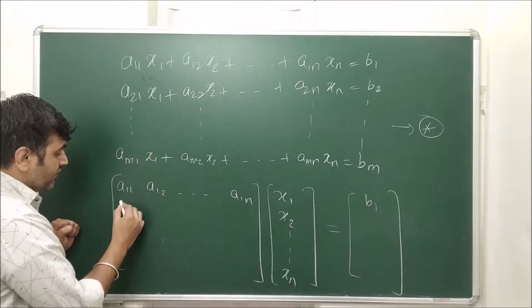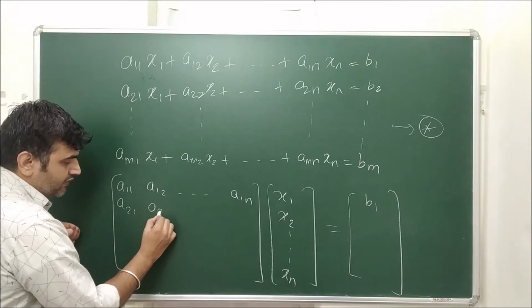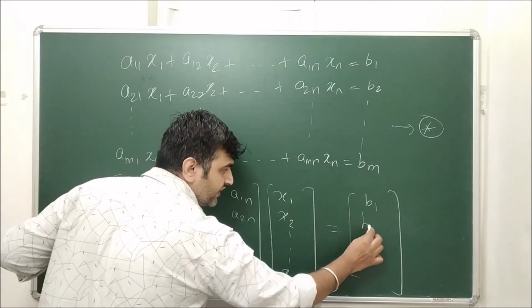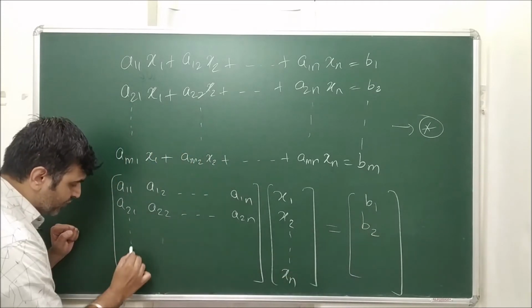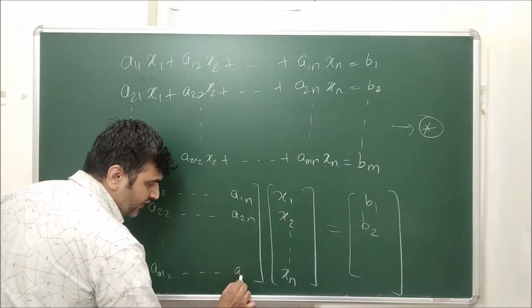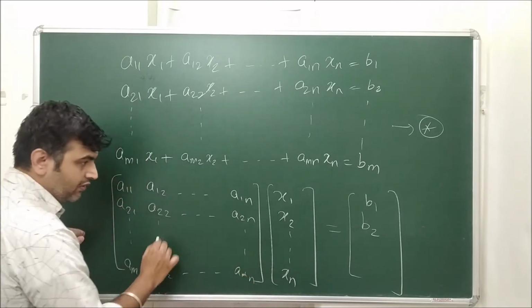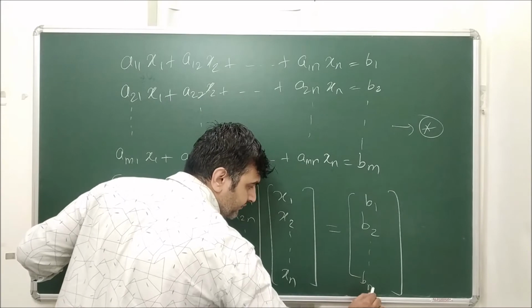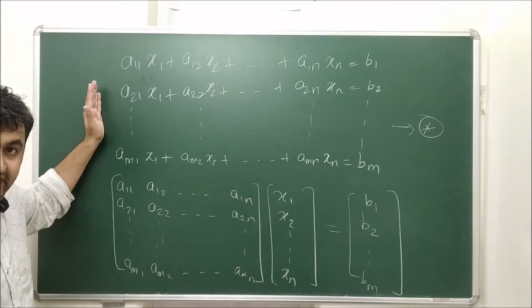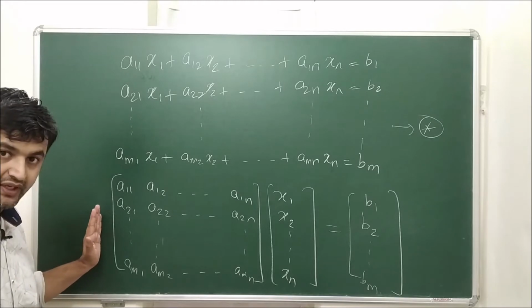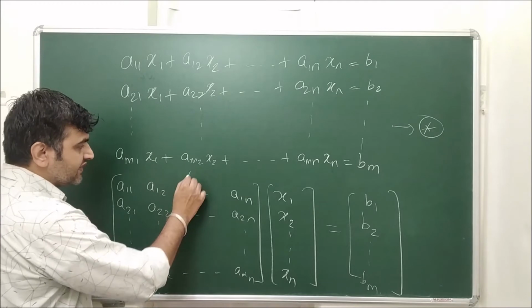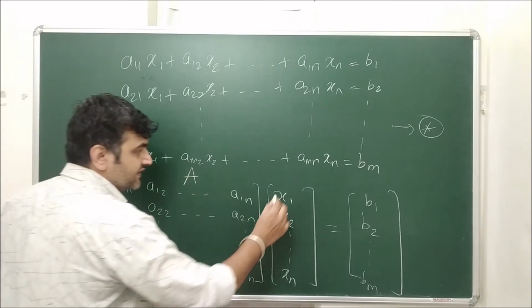For the second one, you write down the coefficients A21, A22 up to A2n into the variables equal to B2. And if you keep on going, Am1, Am2 up to Amn, this is equal to Bm. So a system can be represented in the matrix form in this way. Okay, and therefore we always write a system as, if I call this matrix A, this is my unknown